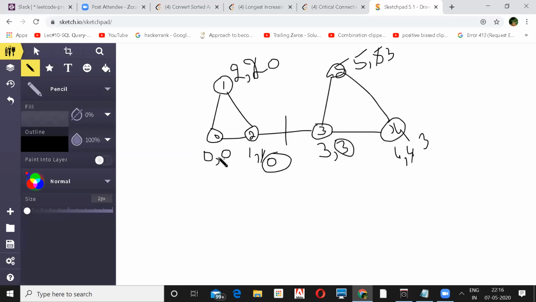Otherwise, you will never have these numbers the same, this timing. Again, whenever you find a cycle, this timing will be greater than this, but I thought that if any different value is there, like -1, that's not possible because before visiting this, you have already visited this.